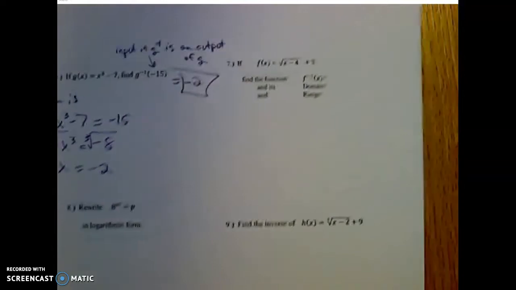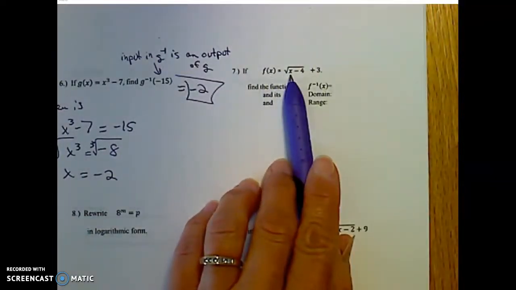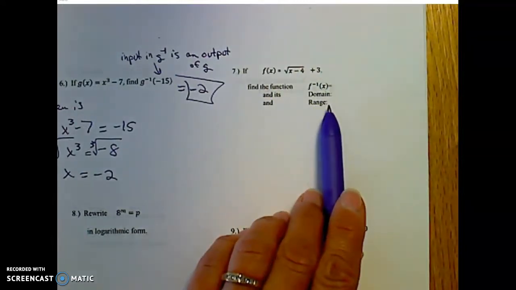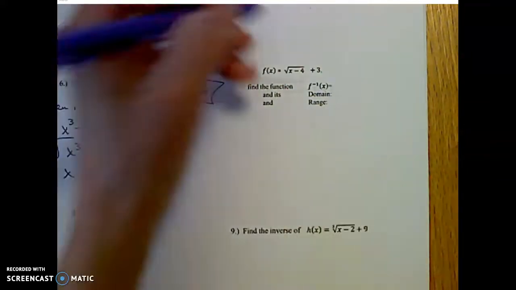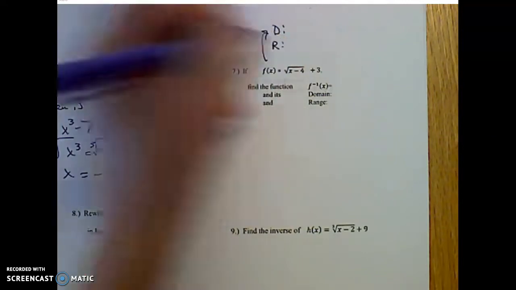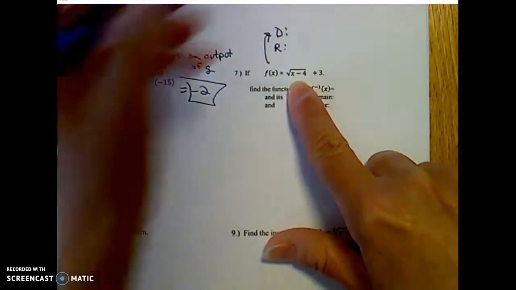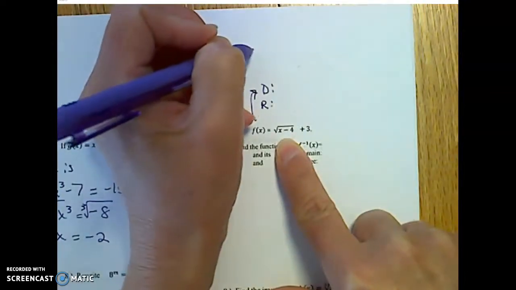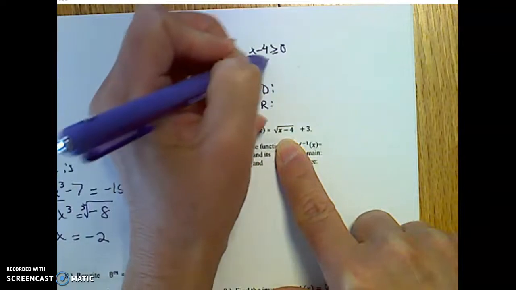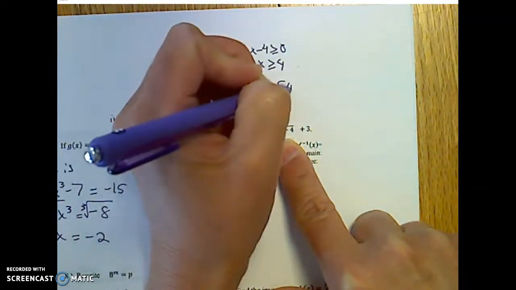Alrighty, next case. Find the function, here's my function f of x is the square root of x minus 4 plus 3. Can you find the inverse of that function and its domain and range? Well, I might make my life easy and find the domain and the range for this function first. Remember that I can only plug positive numbers under that square root, so that means that x minus 4 has to be greater than or equal to 0. X has to be greater than or equal to 4, so the domain of the original is from 4 to